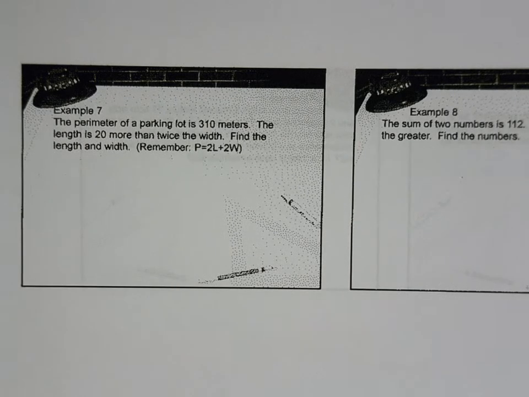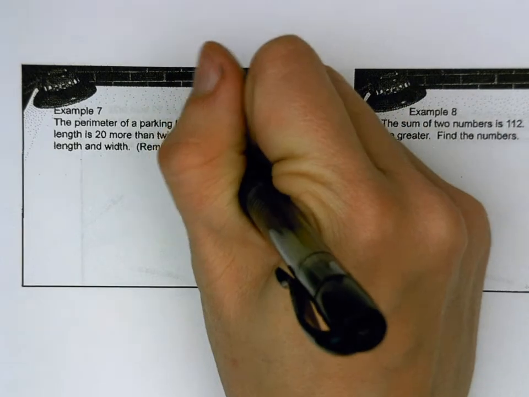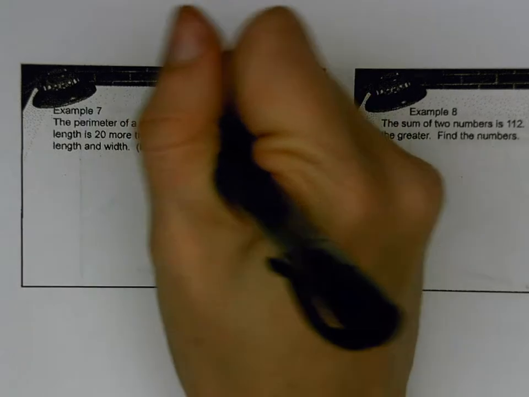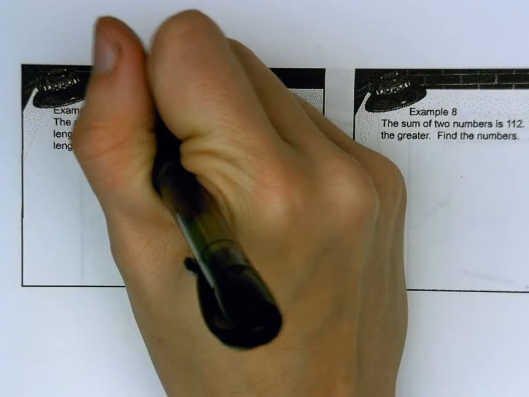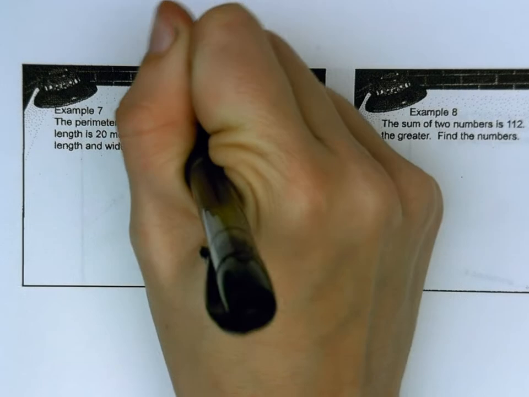Okay, so these last 2 are going to change slightly from the prior 2 because as I read through example 7 here, I notice I don't have 2 totals anymore. I still have 1 total. I have the perimeter of a parking lot is 310 meters. But my other facts are what actually relate my 2 unknown quantities. I don't know what my width is and I don't know what my length is. And so I'm going to go ahead and call my length L, and my width